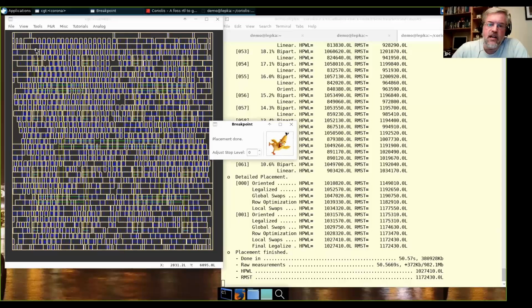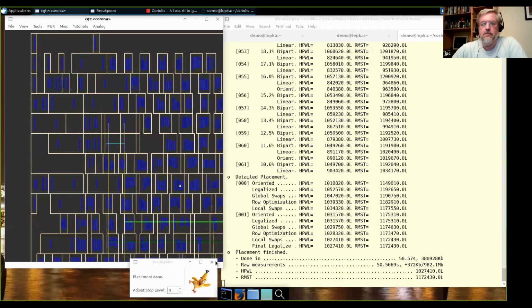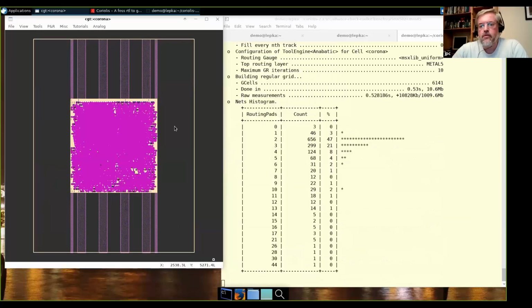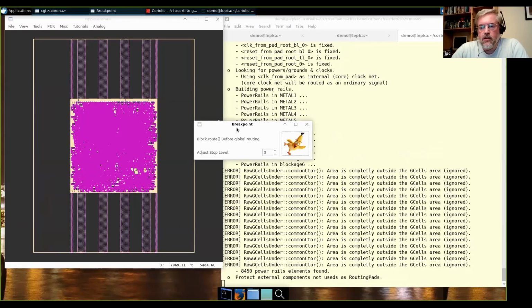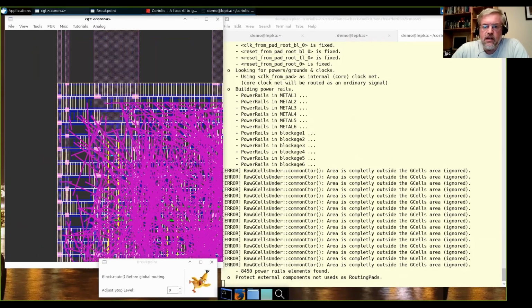Legalization is putting the cells exactly in rows, because the previous step didn't put them, as you have seen. So here we have the cells. The filler cells have not been added yet. So this is the next step. Okay, so now the filler cells have been added. You see also that the power lines have been created, and the violet lines are the fly lines of the